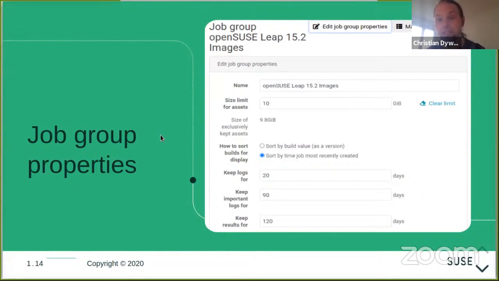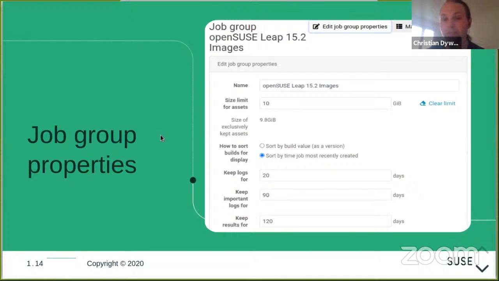What we have in place as well, which is not necessarily part of openQA, is that we use Grafana to monitor things like the health of the machine, disk space availability, and other measures to make sure that things go smoothly in production.